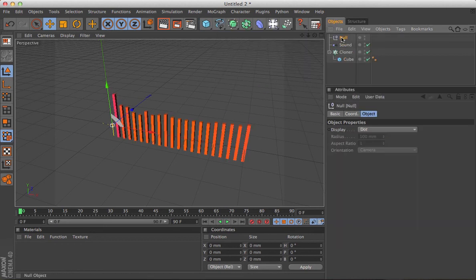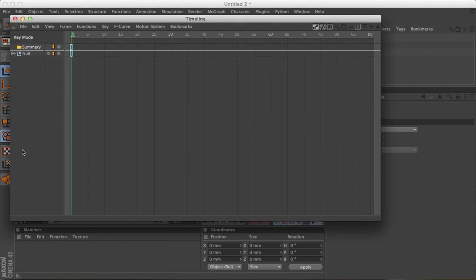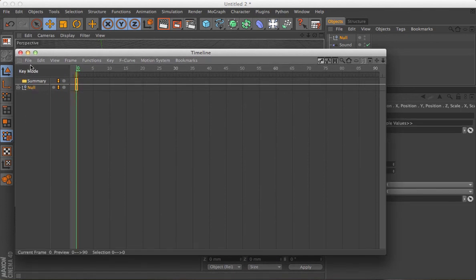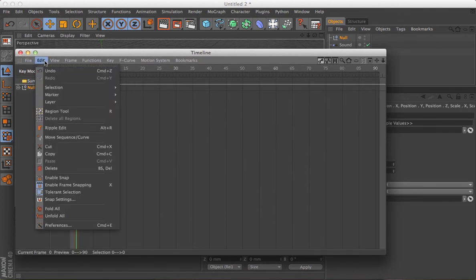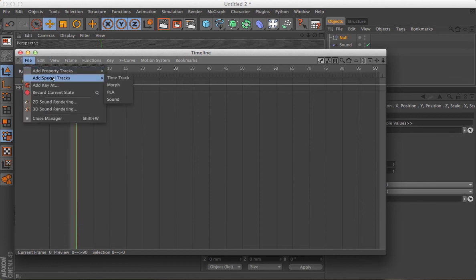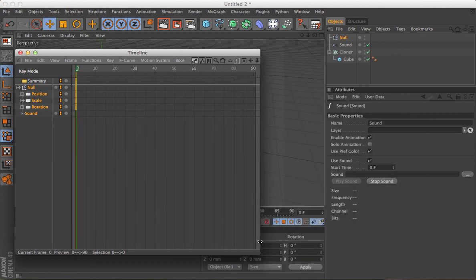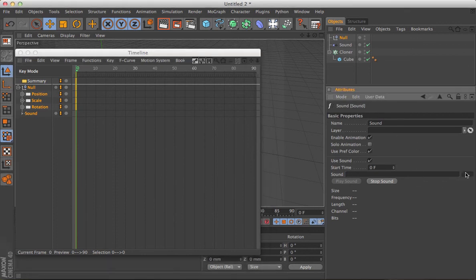Once you've got a null in there, put your timeline back to 0, add a keyframe, then open up your timeline, which is Shift F3, and you'll see you've got your null on there because you put a keyframe on it. If you highlight the null, go to File, Special Tracks, Sound. Now let's just close this up a bit. Now you'll notice in the attributes window you've now got a sound option in here. So if you choose your track again,